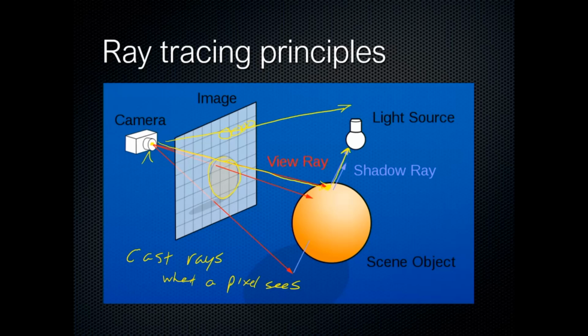This one's going to be similar. If we go through a surface, let's say we hit this bottom, where we have a shadow, we're going to cast ourselves up towards the light, but we'll notice we'll intersect someone else, and therefore we have another object here, a shadow. So we'll cast shadow rays to figure out if we can see the light source and if they're illuminated. So that's a first stage of ray tracing. We cast a view ray out, hit a surface, and then cast ourselves the light source and determine whether